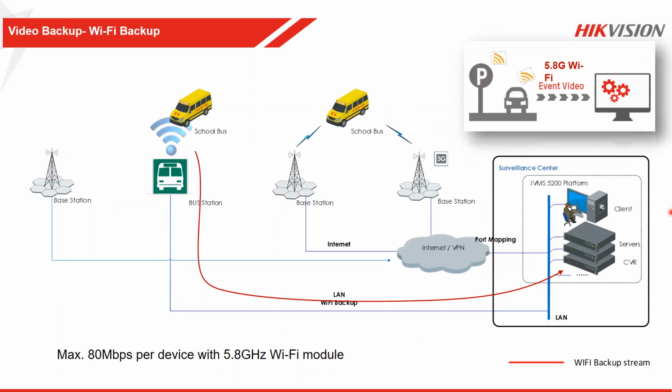In the beginning, I mentioned that on our mobile DVRs and NVR with the Wi-Fi backup. The Wi-Fi backup is available on the 5.8 gigahertz Wi-Fi frequency, which is very important to note. Also, if we are looking at Wi-Fi access points, the device needs to connect to a Wi-Fi access point which can handle this type of bandwidth of nothing more than 80 megabits